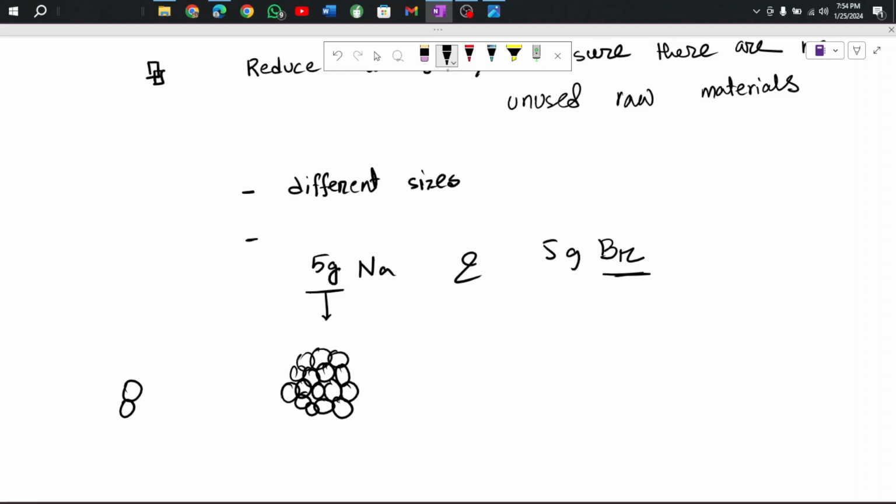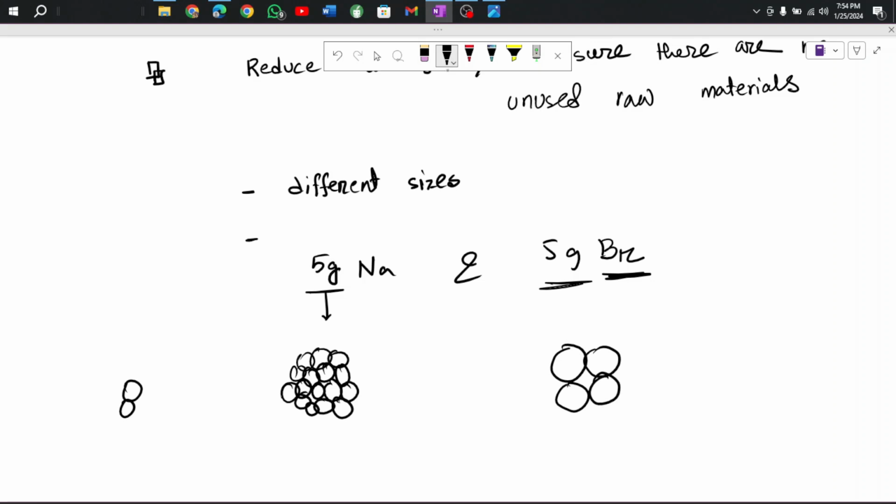Now, bromine is a liquid at room temperature. 5 gram of that is going to give you a lot less bromine molecules because its size is bigger. So in 5 gram of bromine, you're going to get something like kotha. You're going to get, let's say, 4 bromine molecules in 5 grams,